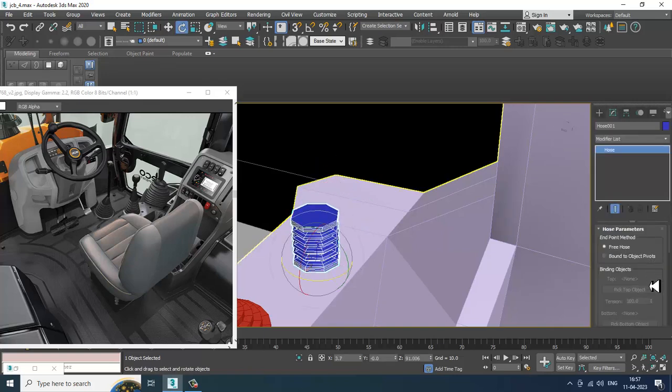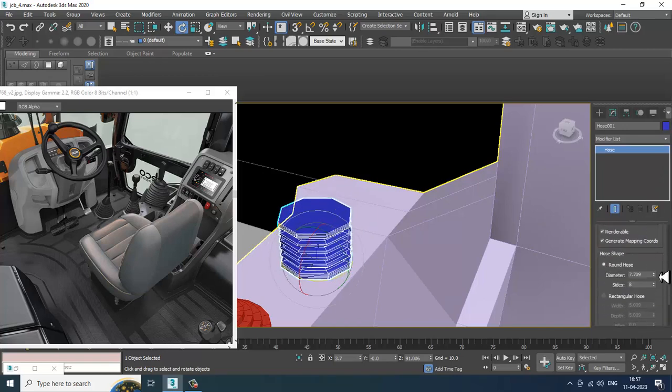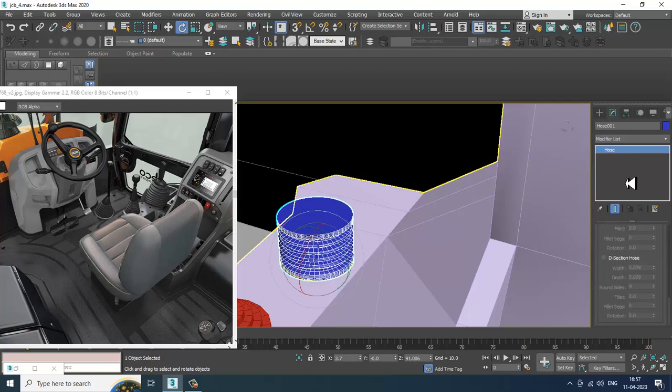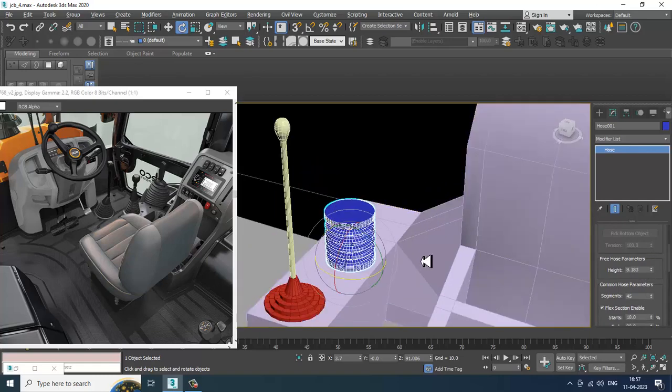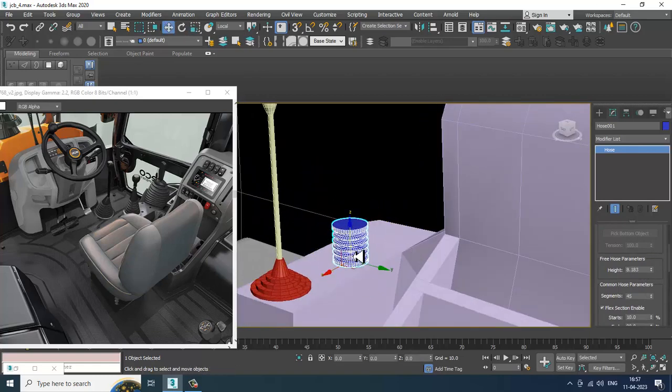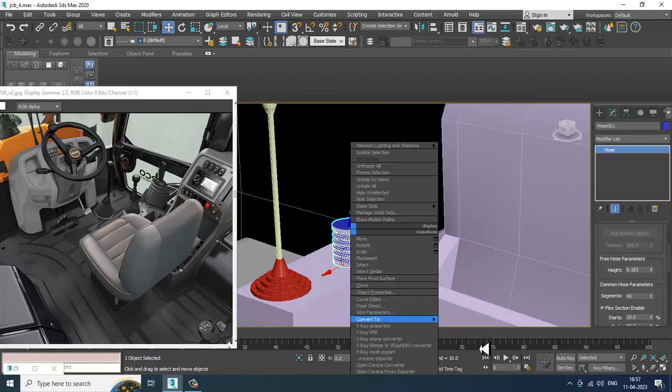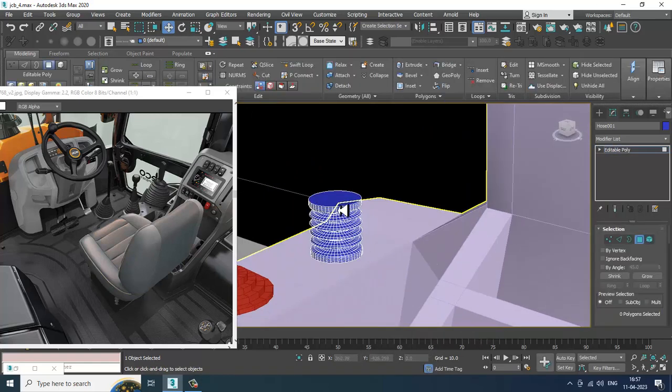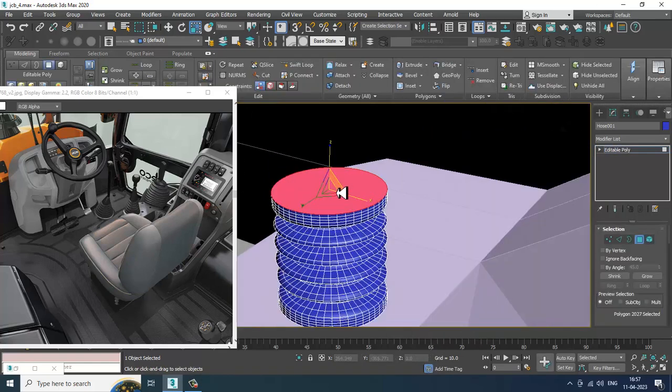So we have start and end, diameter, sides, you can increase the sides also, height, can utilize this slightly, convert to editable poly, select this polygons, slightly scale this, push this up,